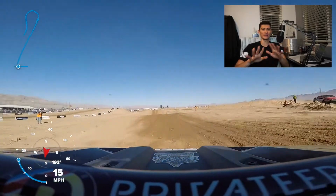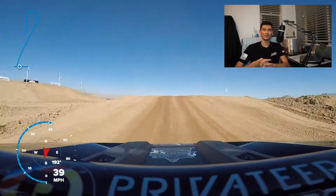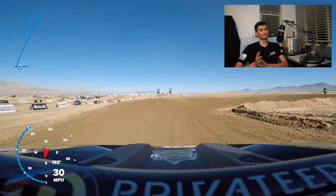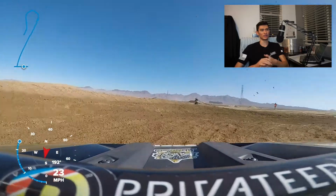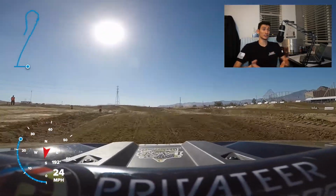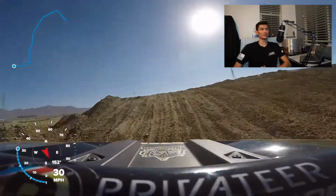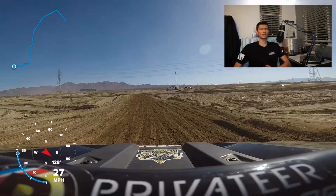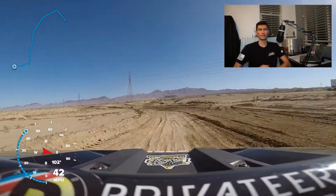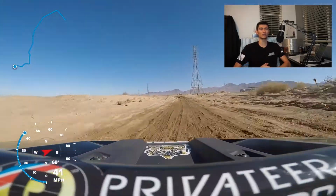4-seaters underestimated. I keep telling you guys, the 4-seater, it's not holding us back too much. I mean, we're still killing it in a 4-seater versus all these 2-seaters, but I just want to show you guys the infield because that's my favorite part of all these races. It's a track essentially. It's UTVs racing on a track, so it's really fun. I believe the people we were lined up next to was Lumberjack Racing or something like that. I didn't get the best glimpse at who it was, but